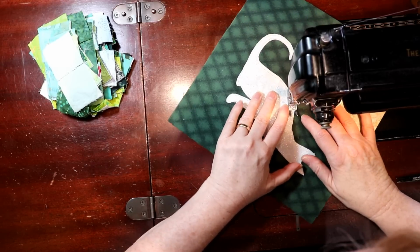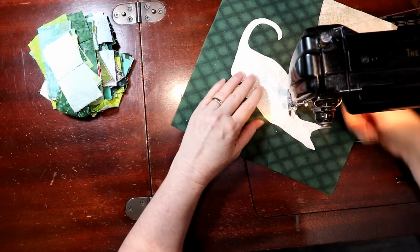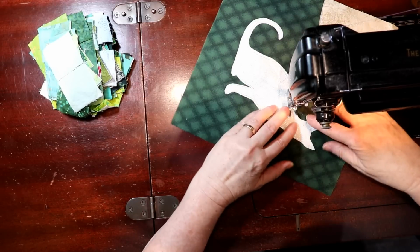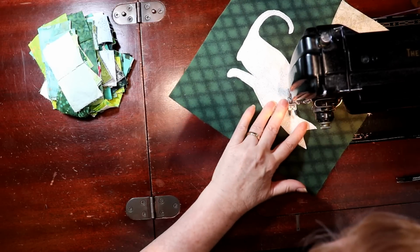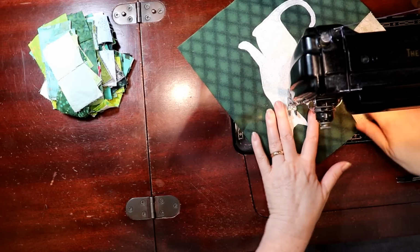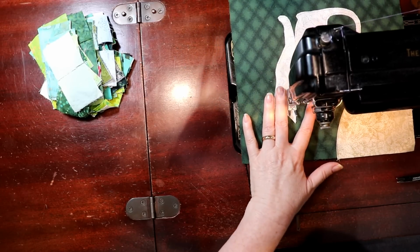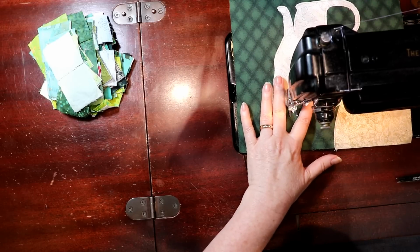Now once this is washed, the quilt is washed, this block probably won't lift up because it's been heat bonded down. But it is a cute, fast way of making something. I could have made a Scotty dog or something, but I thought, okay, let's just, if this was a moon,